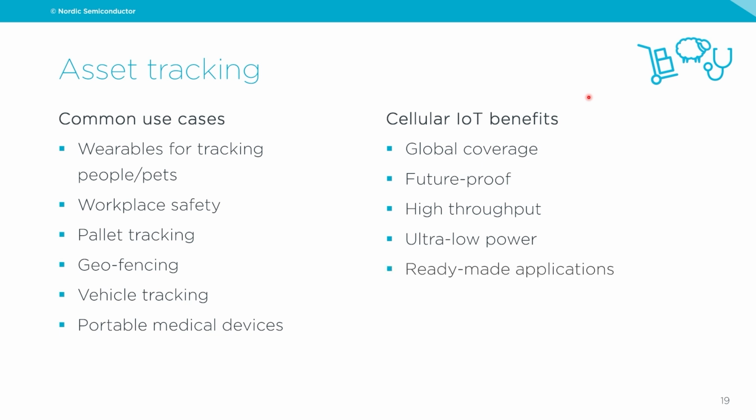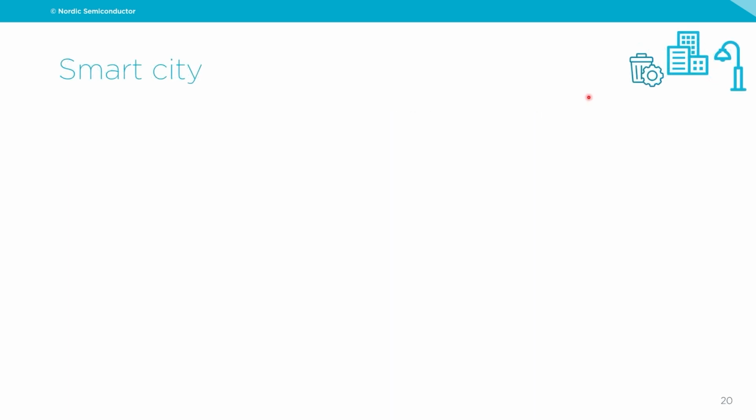And then in the nRF Connect SDK, we have ready-made asset tracking applications that you can use as a reference to get started. And also on our nRF Cloud, we have location services that can help you pinpoint your device based on the cellular connectivity. We can couple that with the capability that we have for Wi-Fi SSID based locationing. And then all that data gets sent out to nRF Cloud, and based on that, you'll get a dot on the map and an accuracy estimation. So we actually provide a full solution when it comes to asset tracking, from hardware, software, including the cloud services piece.